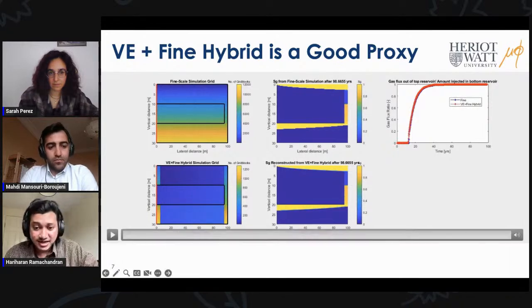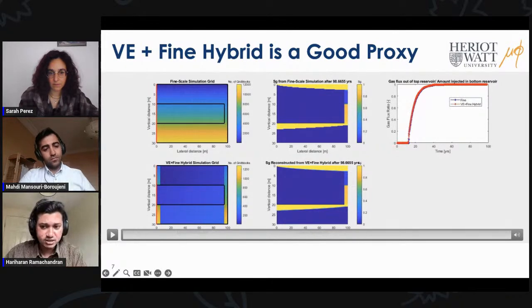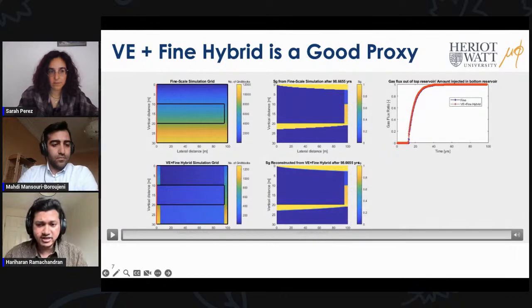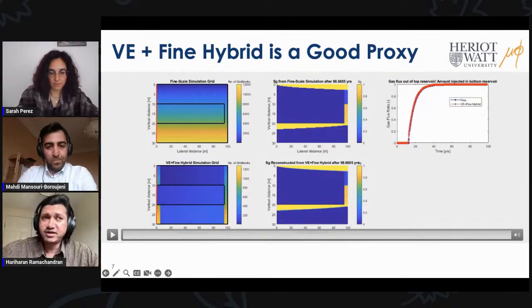And the other approach is we can identify the minimum number of fine scale grid blocks necessary for this hybrid approach to accurately represent the fine scale simulation. For example, whatever result I've shown here has close to 1,000 fine scale grid blocks. The question is, do we really need 1,000 grid blocks, or can we do away with even 500 or 600? All these optimizations are helpful, and they will lead to computational benefits, especially when you're doing a large scale uncertainty quantification study with a relatively low amount of data.